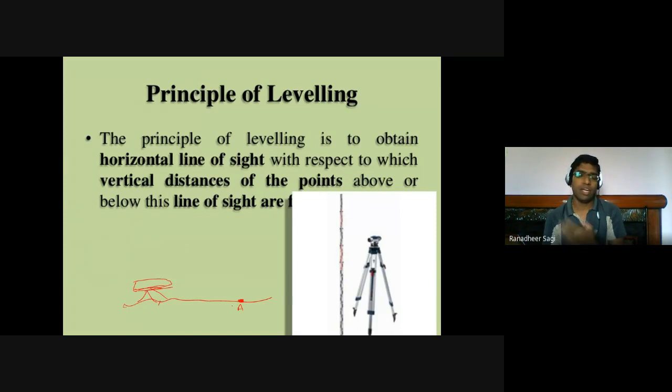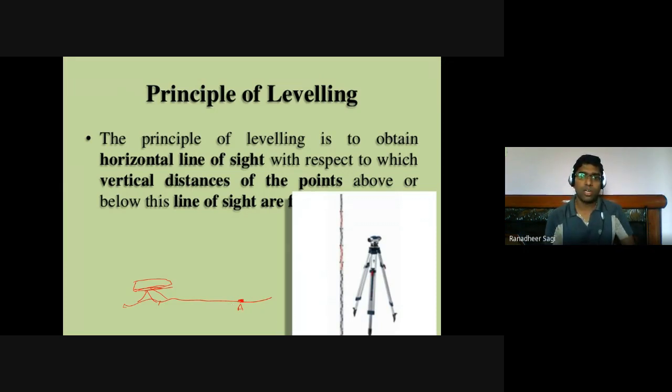Okay, in India, whenever we talk about the standard reference from where we determine the elevations of various points and objects that are on the ground, above the ground or below the ground, we need a particular reference, and we say the mean sea level position is considered as the zero elevation position from which you determine the elevations of various points.